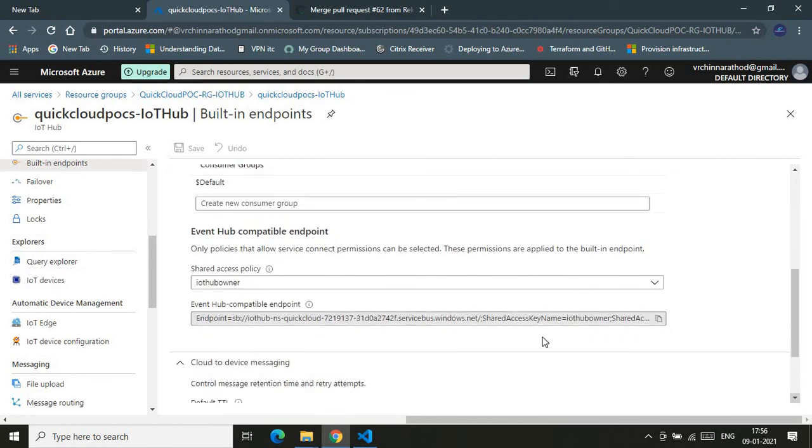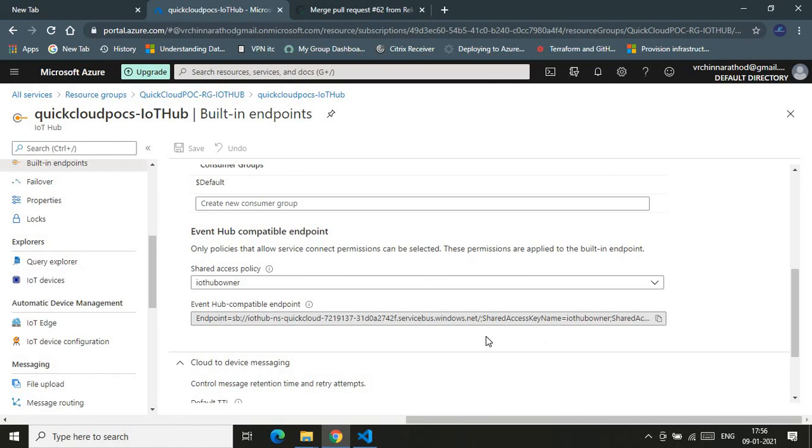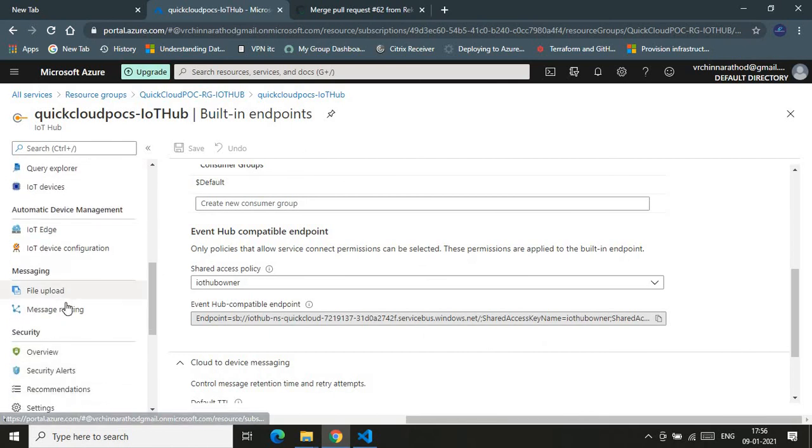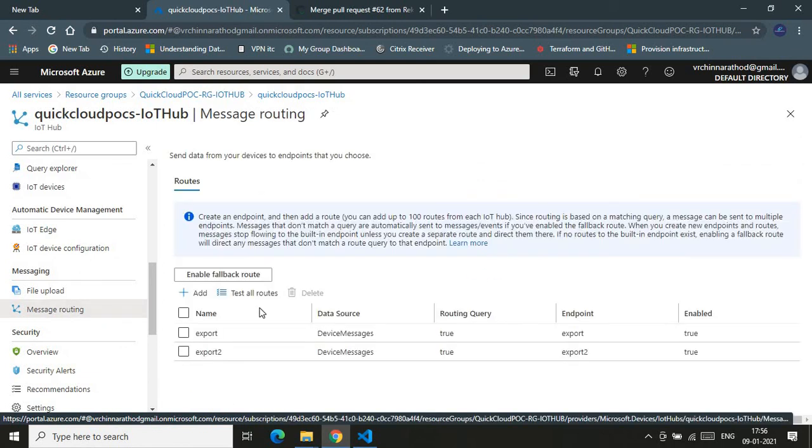Okay, and this is the shared access policy as well, which has been added here. Okay, so the device. Okay, this is the IoT device that got automatically configured according to your configuration. Okay, that's what I mean to show you, property by property. So this is the message export. As you see here under message export, our export definition has already been created, and the respective definition has also been configured.